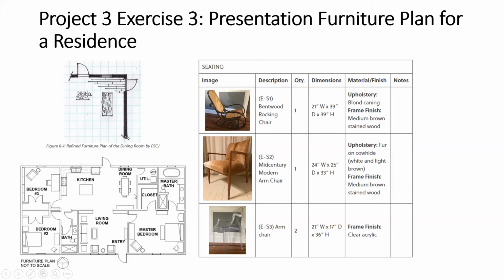So the deliverable for this exercise will be a hand-drawn floor plan in which all of the furniture shapes here accurately reflect the furniture shapes on the inventory, so that the client will be able to see not generic shapes or blocks of furniture as they saw here, which were at the time just placeholders, but how their furniture would look on this plan and how the new furniture pieces that you select will look on this plan.